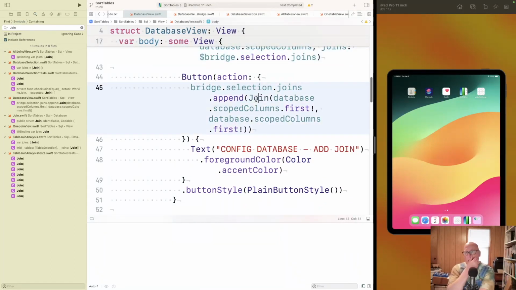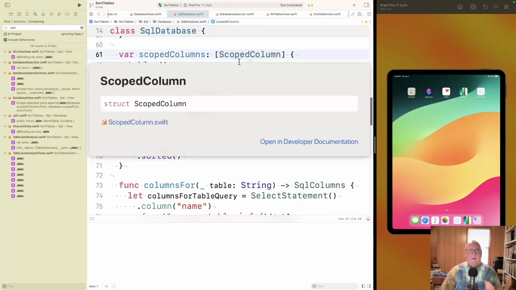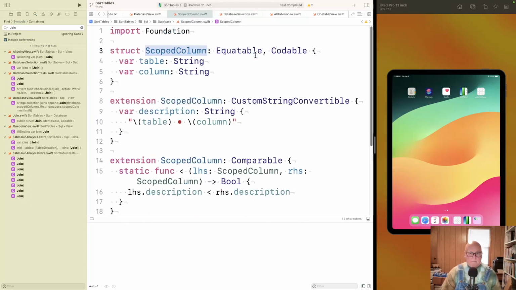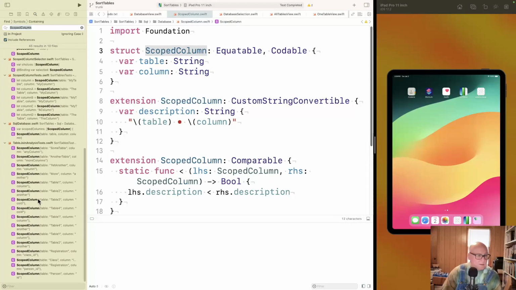So join. I guess I want to get to scoped columns. And scoped column. Table. Now, again, I think this is only used for this database stuff we're doing. Join, scoped column, table join analysis. Yeah, which I don't think that will care. Right. So